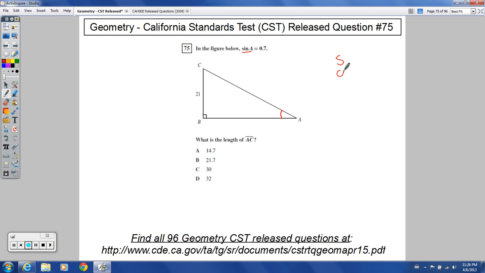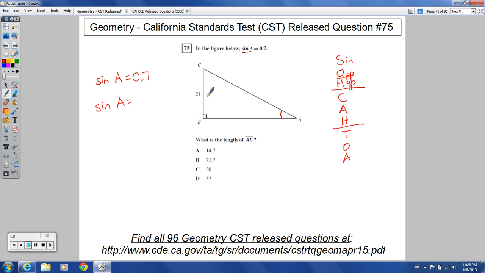So think back to SOHCAHTOA. We just did this in the previous problem, but I'll write it down here again. SOHCAHTOA, we've got sine is opposite over hypotenuse. So what this is saying is that the sine of A, we don't know what that degree measure is, but we know the sine of A is 0.7. So I can say the sine of A, I know, would be